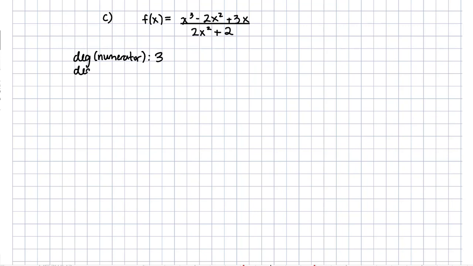The degree of the denominator is 2. So see where that's coming from, 3, 2. And that means that numerator wins. So when I try and look at the behavior here, I'm going to get 100 cubed over